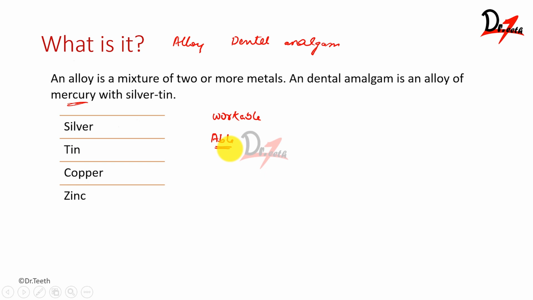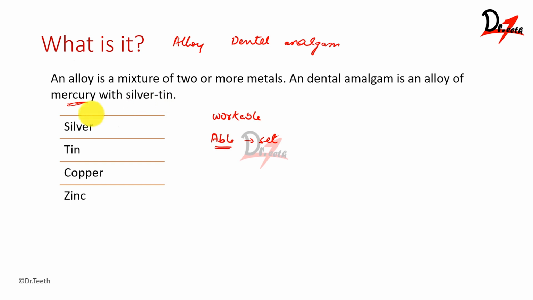And also, why did I write able here? I should have written set. And also it is able to set, right? So that is why we are using mercury. Now, why silver and tin? Why are we not using any other thing with mercury? Mercury does not readily react with any other metal. So that is why we are using these two, right?